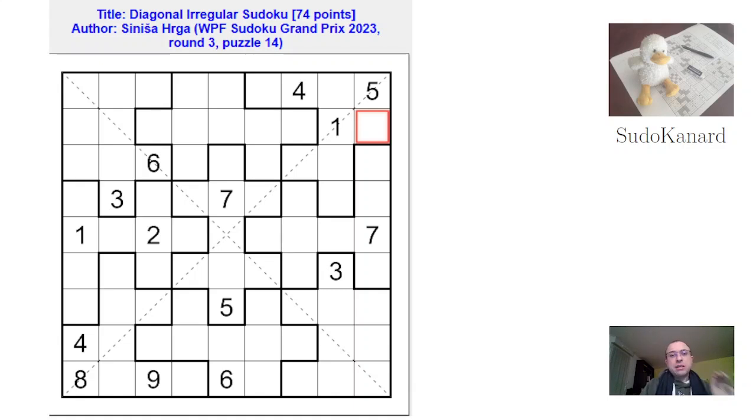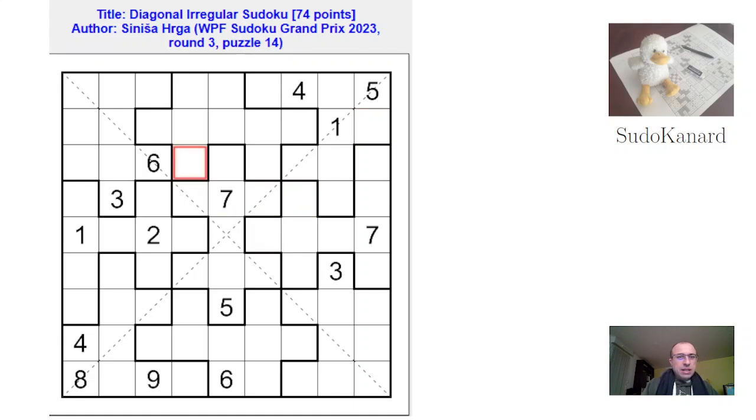Although I did solve the non-diagonal irregular Sudoku in a reasonable time, this one I was a bit afraid of. I solved it after the contest and it was quite pleasurable, considering it's a genre I'm not so good at. So